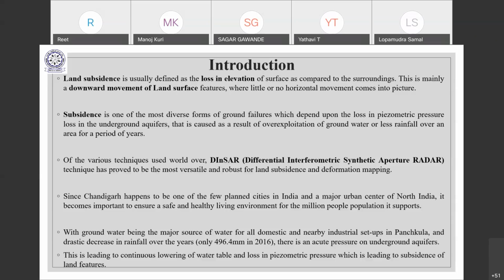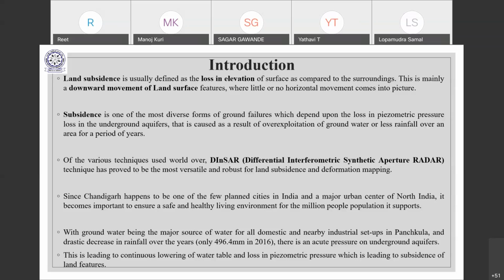it supports. With groundwater being a major source of water for all domestic use and nearby industry set up in Panchkula, and a drastic decrease in rainfall over the years, there is an acute pressure on groundwater aquifers. This is leading to continuous lowering of the groundwater table and loss in barometric pressure, which is leading to the subsidence